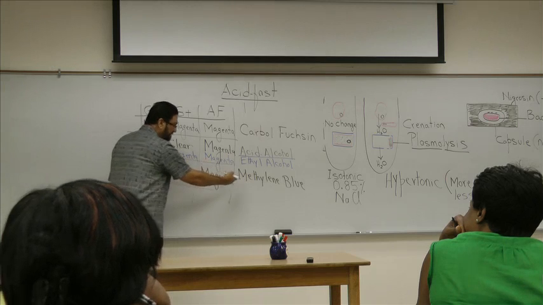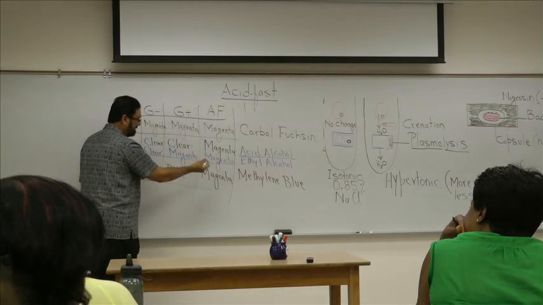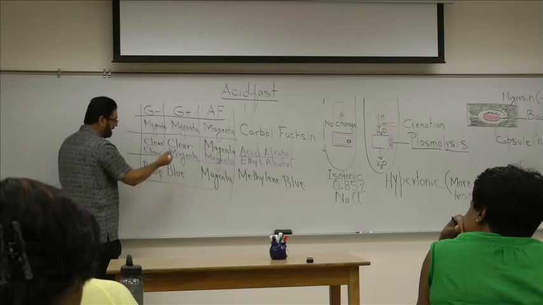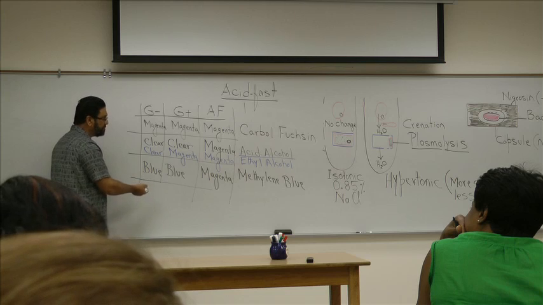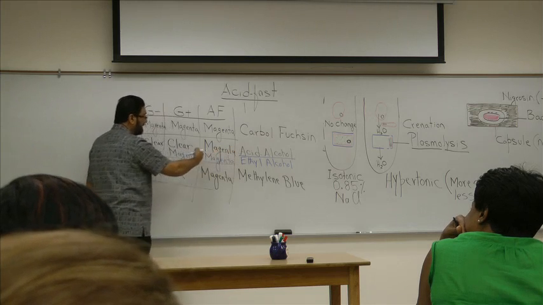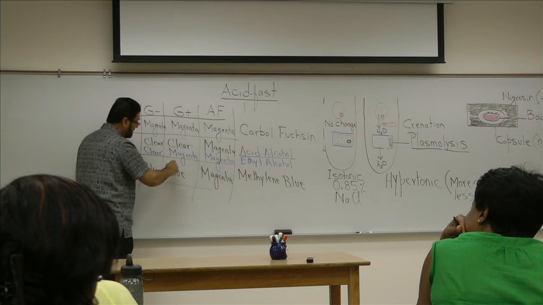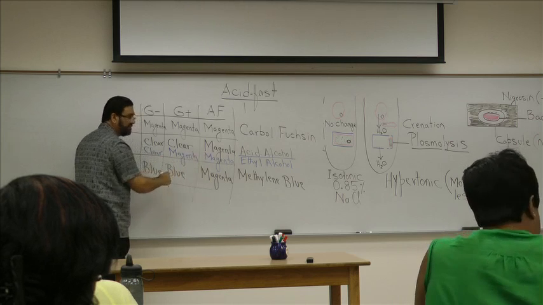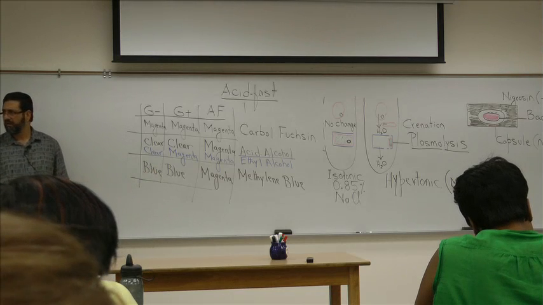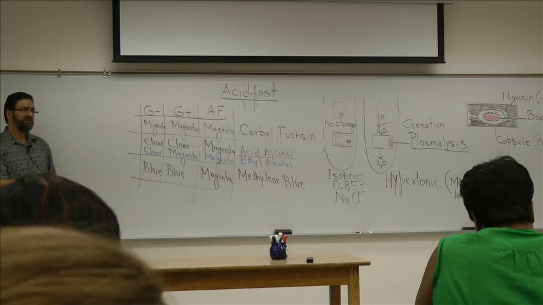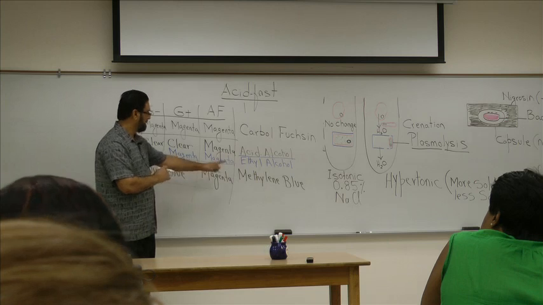So when you apply methylene blue, magenta remains magenta, magenta remains magenta, and now clear will become blue. That's why we use acid alcohol in acid-fast stain, so we will be able to differentiate between gram-positive and acid-fast. We do not use ethyl alcohol, we use acid alcohol. Okay? So if we use the ethyl alcohol and then afterwards put the methylene blue,